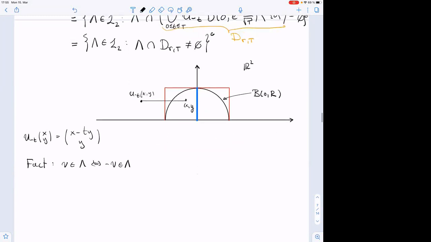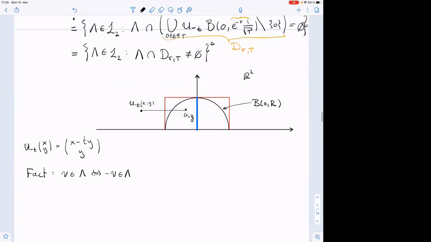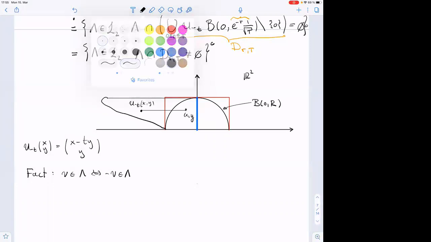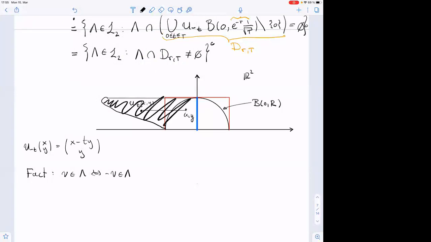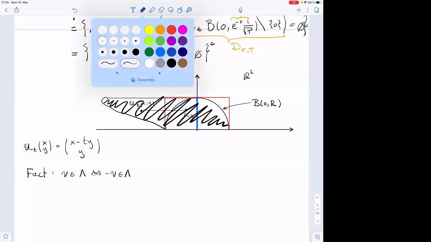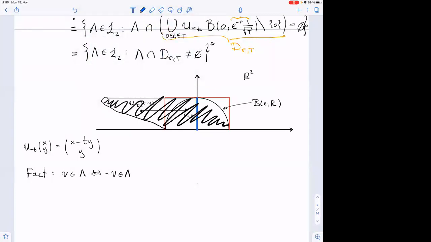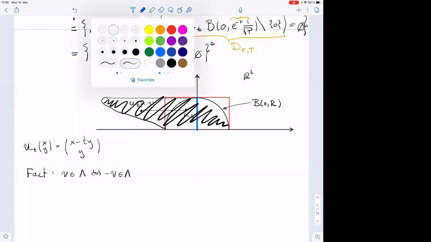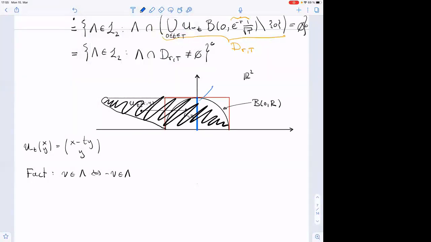And looking at the upper half, this DRT will look something like this. Poorly drawn, but something like that, which is a little bit difficult to work with, right? So DRT will be this black area here. So what we do is we take this line that I had drawn here, and we call that